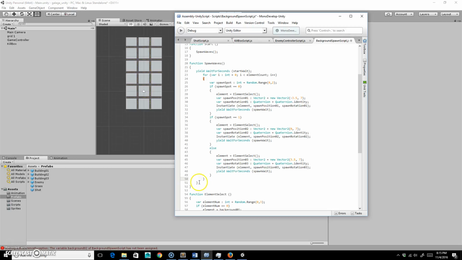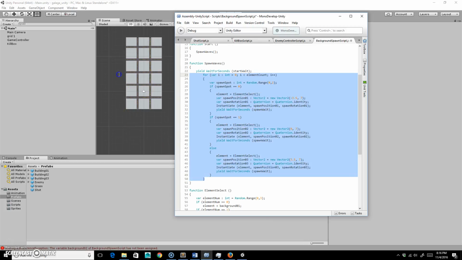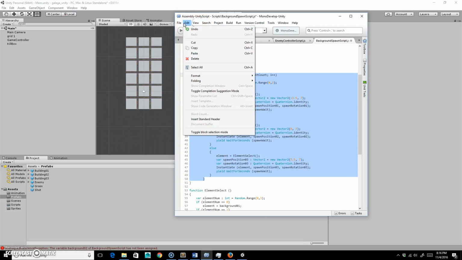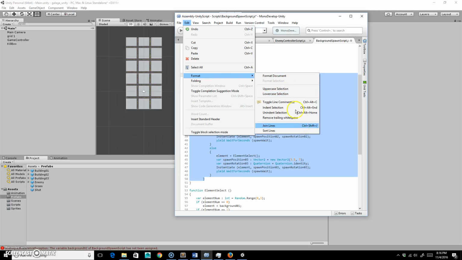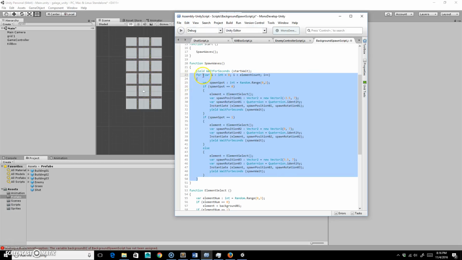Let's see. So that's going to be this and this. So there's no while loop. I'm taking that out. I'm just going to go ahead and grab this whole chunk here, and I'm going to go to Edit, Format, and we're going to unindent one, so it just pops over one. That helps. Another thing that I need to do too is that if you look,